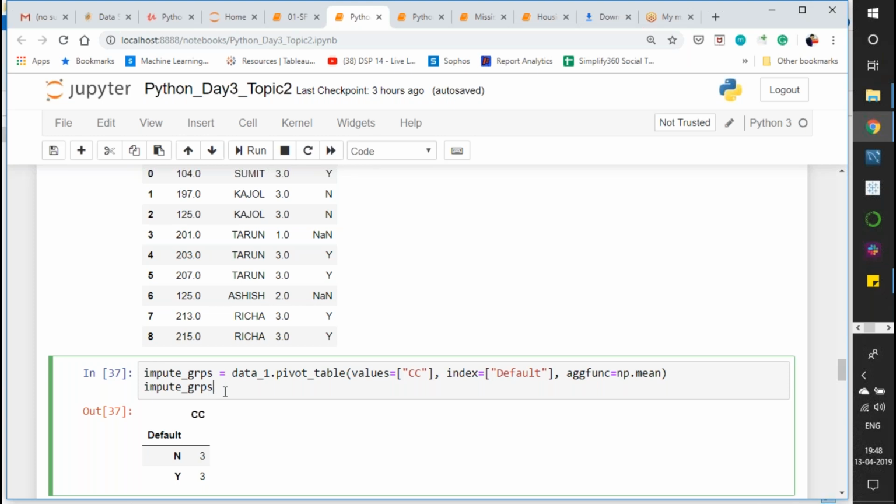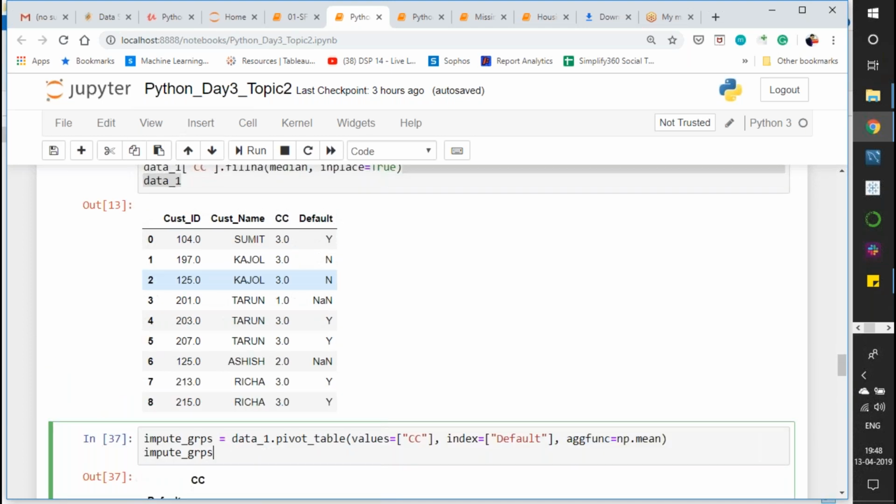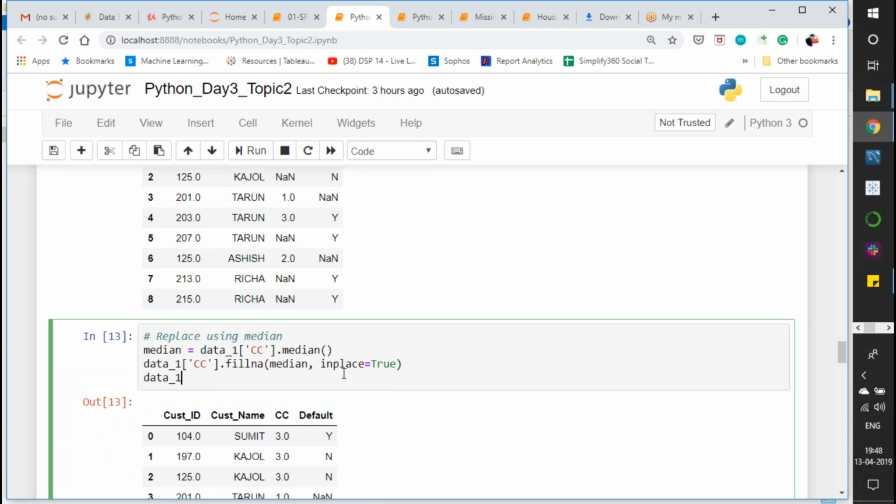But again, we need to check whether it is giving any marginal addition to the predictive power of the model. Okay, so that is the whole concept behind the missing value. Also, in some cases,